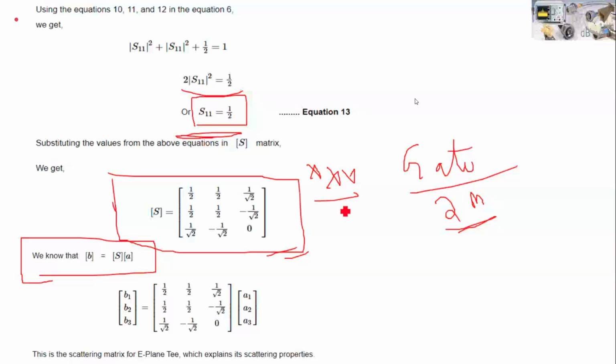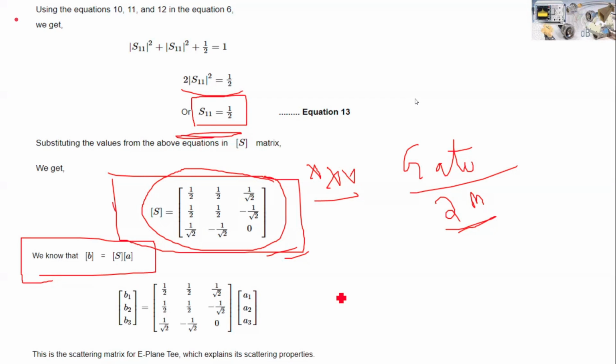Not only this, after this we have the H-plane T. So its S parameter matrix is very important. In a single term, they will directly ask like this. So from the exam point of view, you have to learn its derivation properly. They may ask you to derive the S parameter matrix of the E-plane T. Okay, so this was all about your E-plane T.